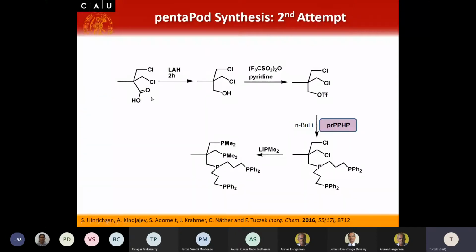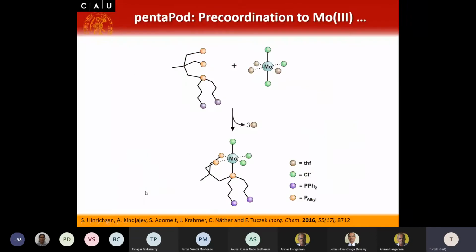Here we took this dichloropivaleic acid, reduced it to the alcohol, converted it to the triflate, and coupled this with a propyl PPHP, which led to this asymmetric ligand, which has now 3 alkyl phosphine donors and 2 diphenyl phosphine donors. And we also bound this to MoCl3(THF)3, so the trichloro tris THF molybdenum 3 complex, and ended up here with this molybdenum 3